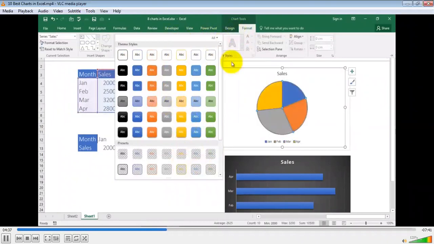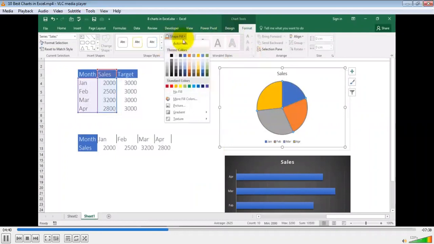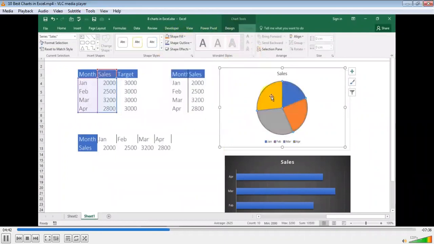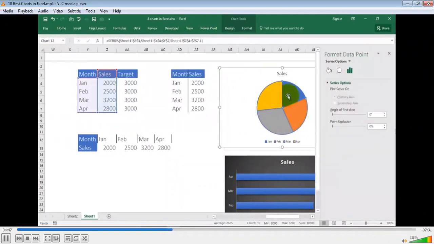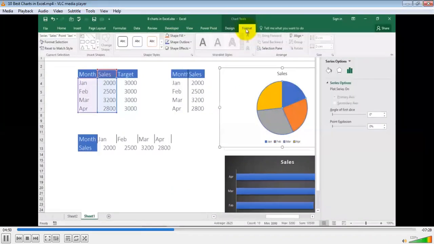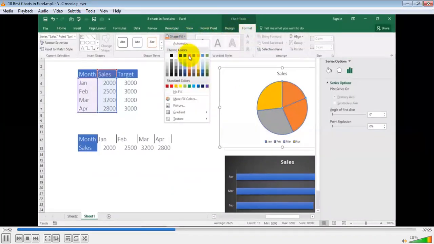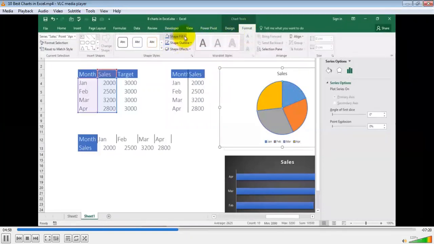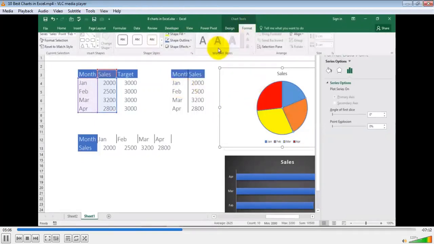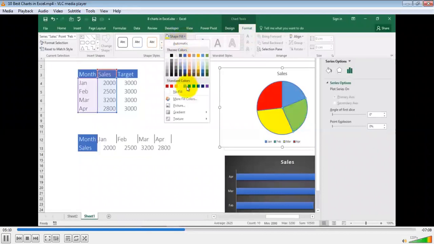You can choose a specific color for a section or for the complete chart. If it is just one section I'm bothered about, then only in this section will I change the color. Say, let me make it blue. In this section, I want it to be red. In this section, I'm making a Google logo, which is green, yellow, red, and blue. So in this section, I will insert green. And here is our Google.